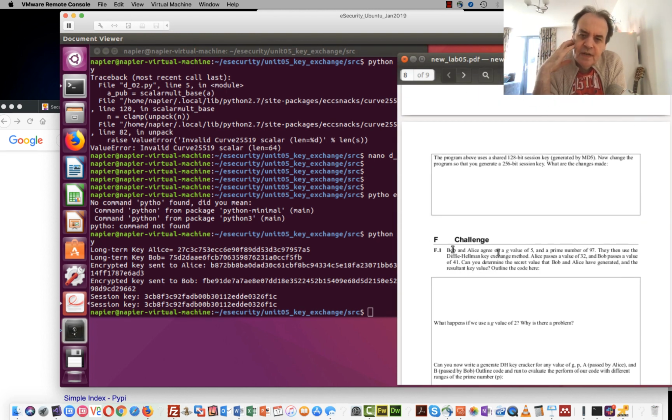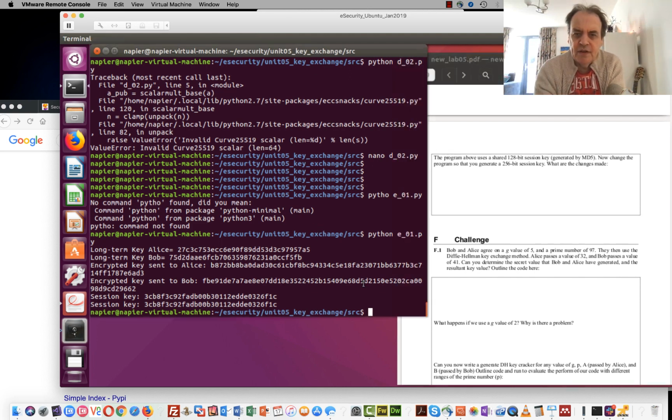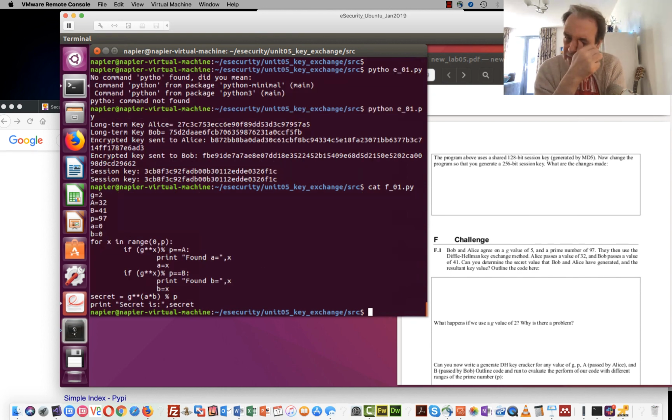With this last one, Bob and Alice agree on the value of 5 with a prime number of 97, and then we can see the values coming through, and what we'll do is use brute force to be able to determine the random values that have actually been used. So I've mocked up a very simple program here, and it just goes round till it finds a value that matches. So we have a G value of 5,